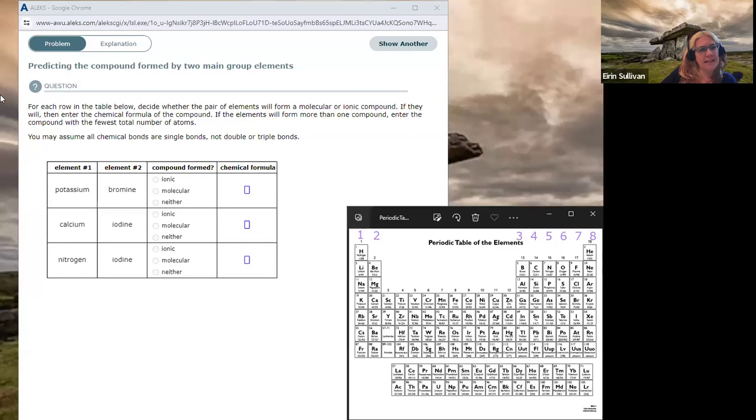So, predicting the compound formed by two main group elements, you're going to be asked about any two elements in the periodic table. Just remember the general rule is metal plus non-metal is going to give you an ionic compound, right? So, how do you write the formula for any ionic compound? Well, you've got to know what group those atoms are in to be able to predict the common charges on